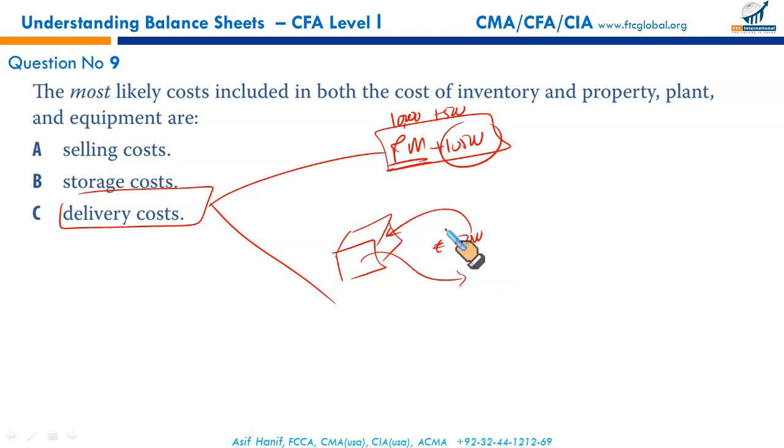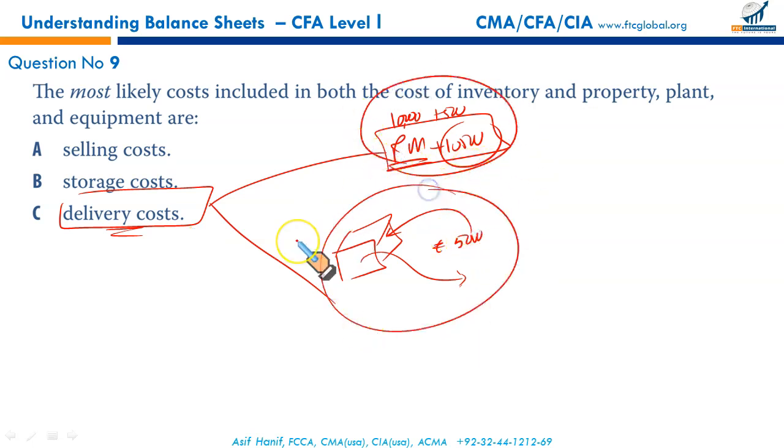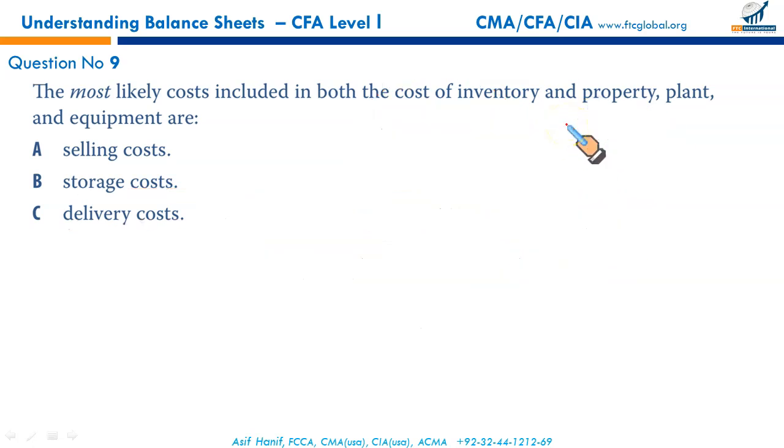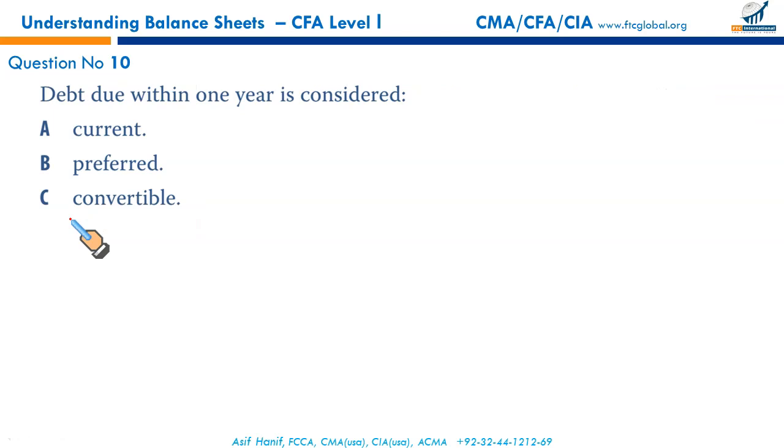Remember, the delivery cost for raw materials or even finished goods, mind the word delivery cost. The delivery cost for property, plant and equipment and inventory is capitalized, because this is required as per IAS 16, property, plant and equipment, as well as IAS 2, inventories. So that is not to be debated right now. We'll discuss long-lived assets and inventories in separate readings. So remember, the delivery cost is capitalized in raw materials acquisition and property, plant and equipment. That makes C the correct option.